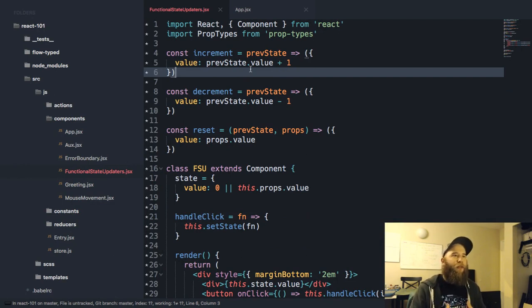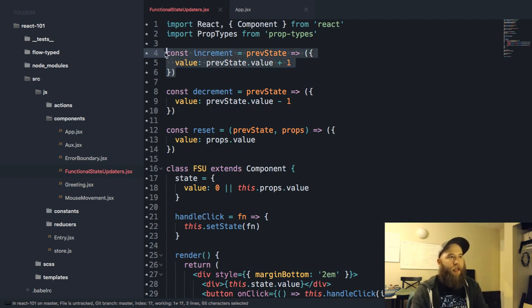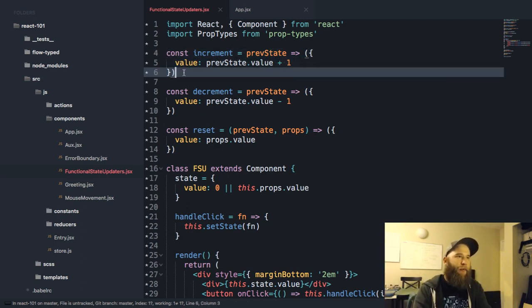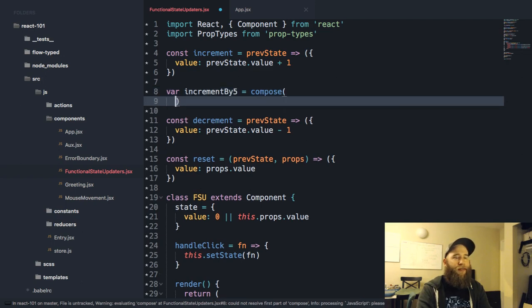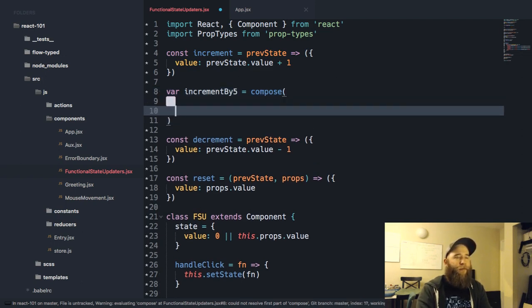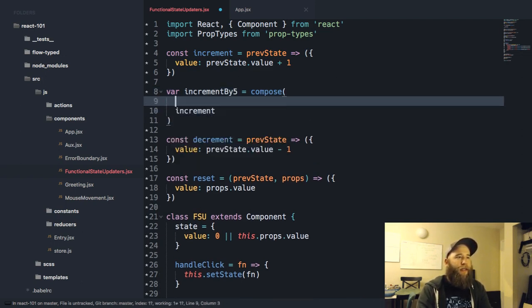I feel like I could use a little more time to prepare, but not only can you make functions like this and then export them and use them around your app, but you could do something if you had like a compose, or you were using lodash/fp or Ramda, you could make a new function like increment by 5 or something that was actually like a composition of increment and multiply, or something.